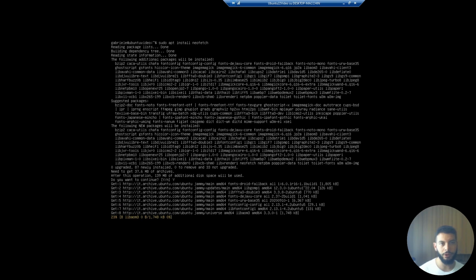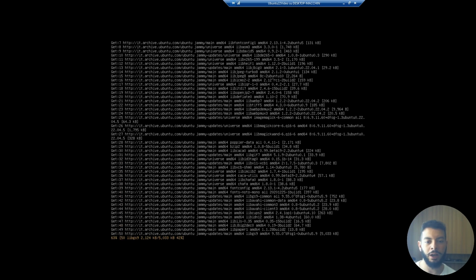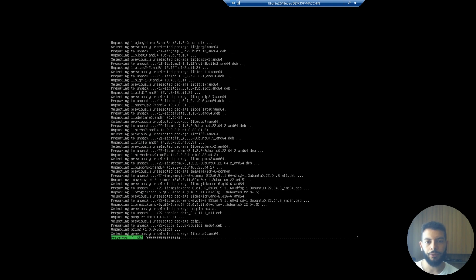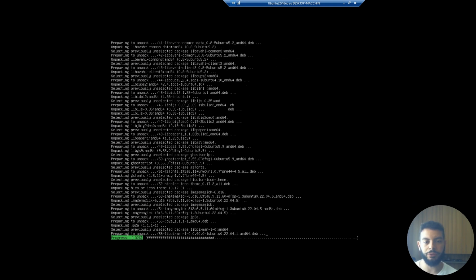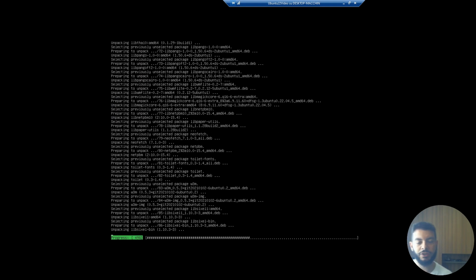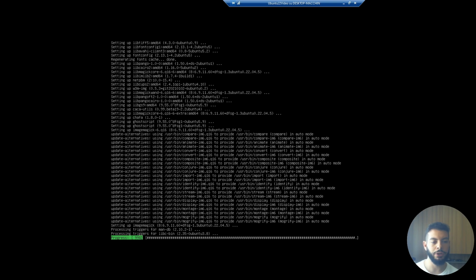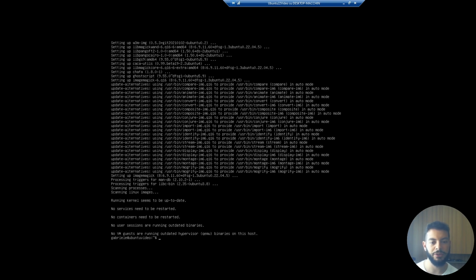If we do sudo apt install neofetch, yes, we have another way to check the hardware configuration of our server. Mind that with the current configuration I have on this machine, every time I do, let's say, sensitive stuff, I have to type the password. There is also a configuration that allows me to bypass this step.